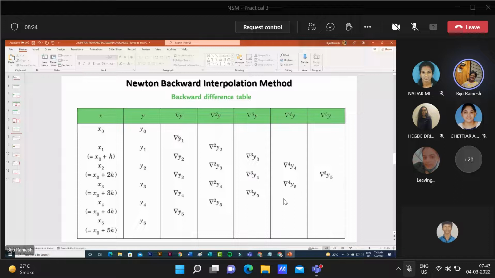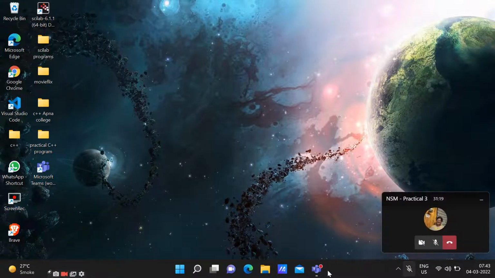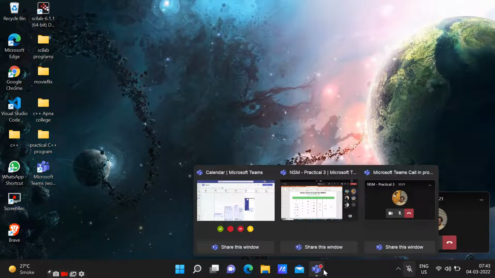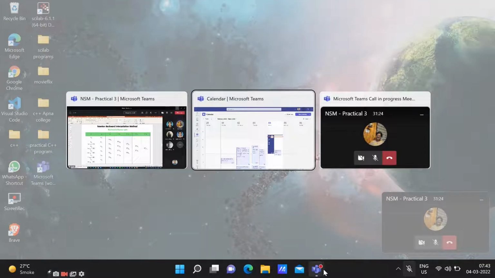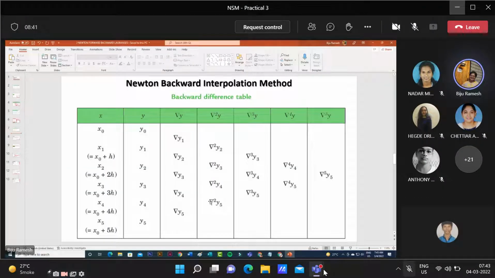Because it is backward difference. It is not forward difference. For forward difference, you can go for using delta. Write it this way, then this becomes the backward difference. So here you're going to find the backward difference and you're going to use these values in the formula. Okay, so this backward difference